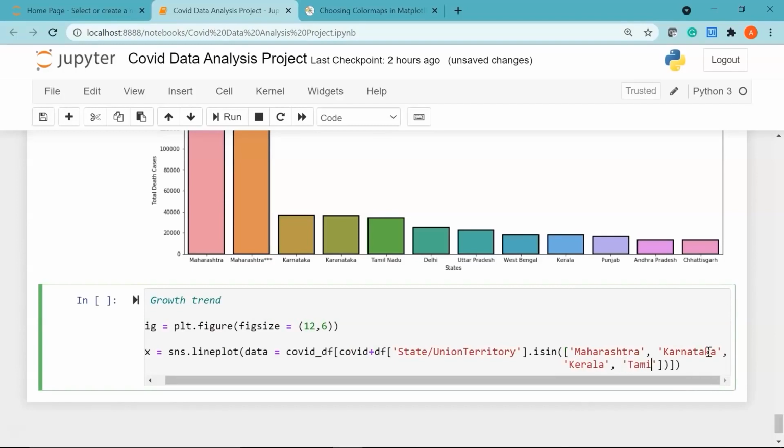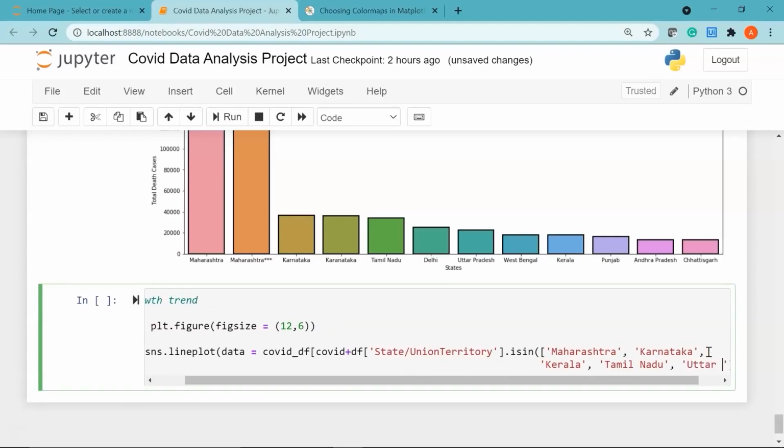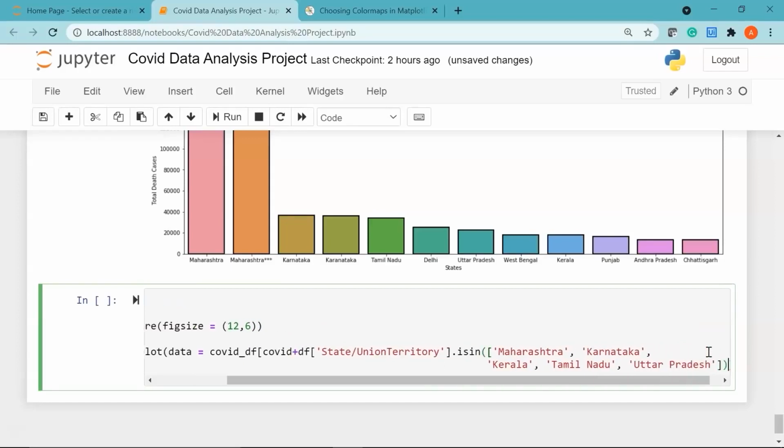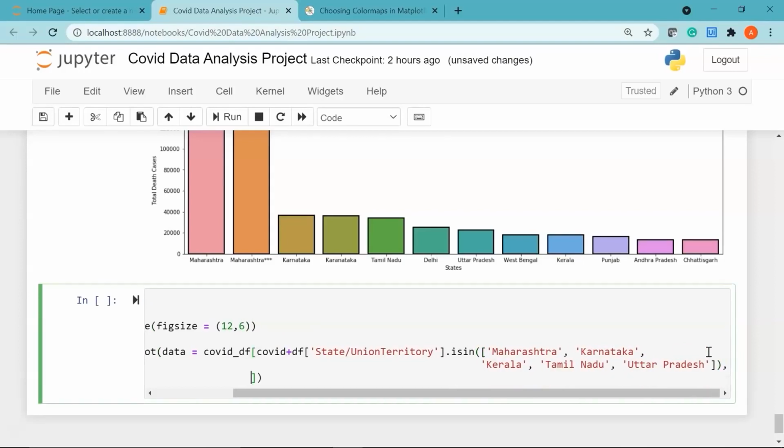My fourth state is Tamil Nadu. Give a comma, and my fifth state would be Uttar Pradesh. Alright, so I'll give a comma here and then say x equal to the Date column, y will be the Active Cases column,